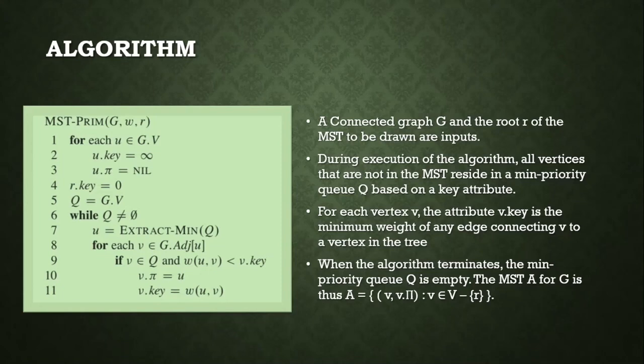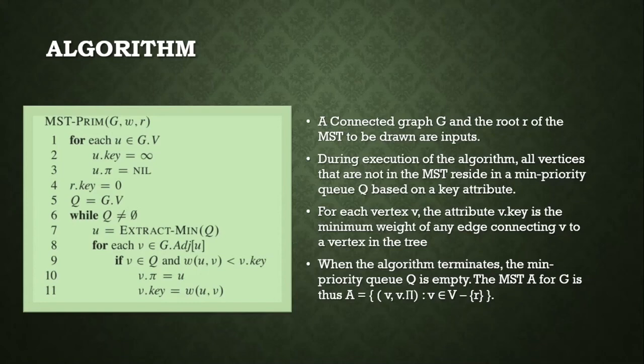For each v belongs to G.Adj[u], that means all the adjacents of u, if v belongs to Q and the weight w(u,v) is less than the previous key, which at first was infinity,